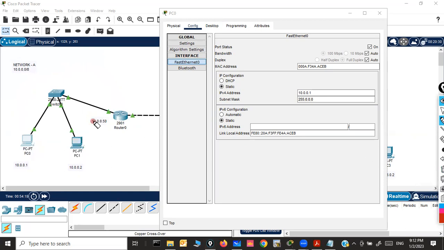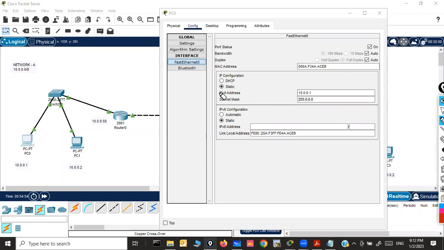You can assign any IP address here, but make sure that IP address is from the same network or subnet, because I have explained a bit about subnetting also. If subnetting has been done, they all should be using IP addresses from the same network or subnet, mandatory, not even optional. And in most operating systems, we generally get an error message if the IP address and the gateway address are not from the same network.